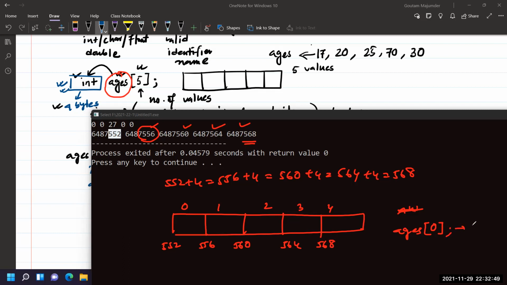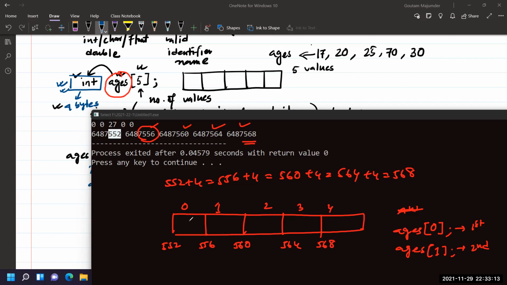So it is the first item. Now if I write ages of 1, it will be your second item. So index is important. Through the index, we are defining an item in a list. Like if I call anyone, please come, the person sitting in the third chair. So I'm identifying through the location.